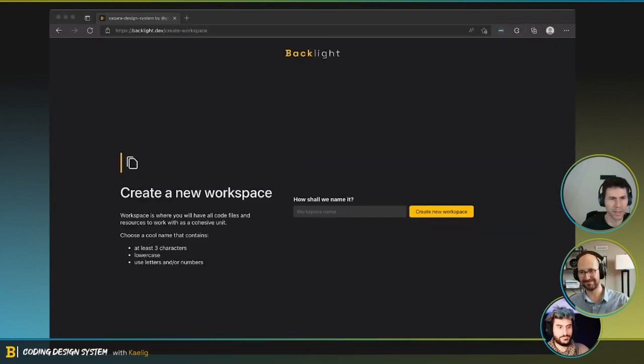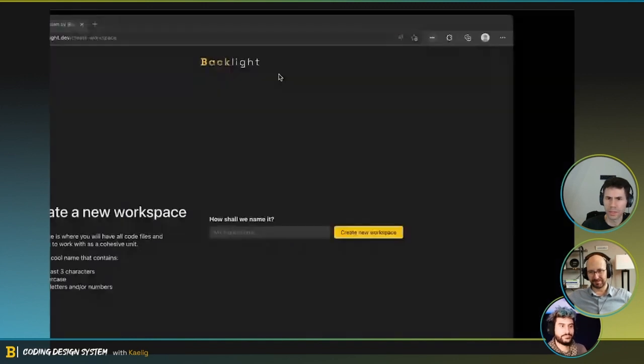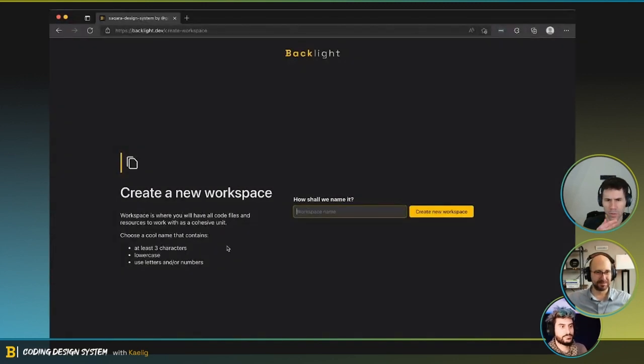That sounds like a plan, and also starting right off with a design system. That's right. So let's go. Kaelig, do you want to start in your own workspace, or should we create a new workspace for today? For today, I don't mind. Just go for it, just create one. Okay. How should we call it then? Kaelig, or your name? Sure. Let's see if it does exist or not.